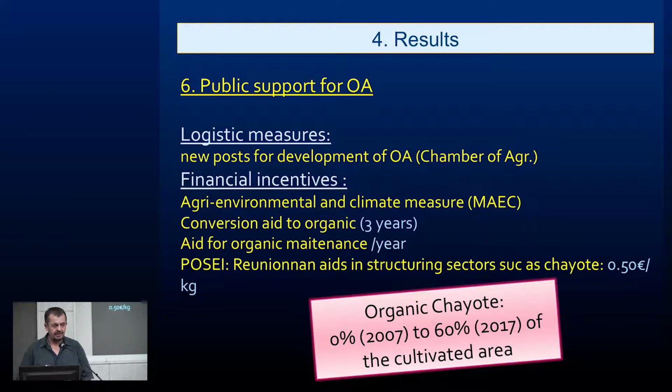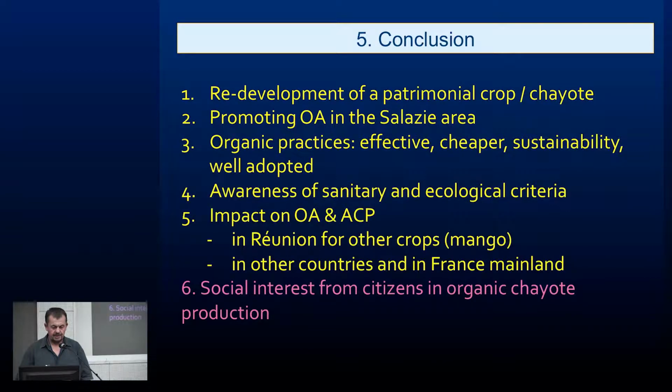And the result, as you can see, is that we had nothing under organic agriculture standards 10 years ago. And now we have about 60% of the production under organic agriculture, and within the 40%, 20% are under conversion. So it means that in some years, all the production of shallot will be under organic agriculture. In conclusion of this part, we have a very, very good result with the development of a patrimonial crop, shallot,